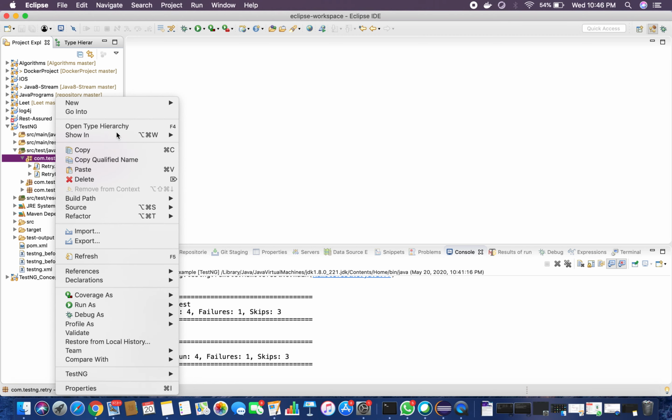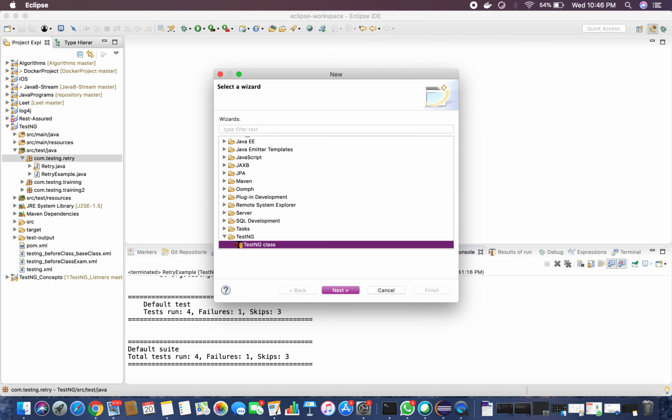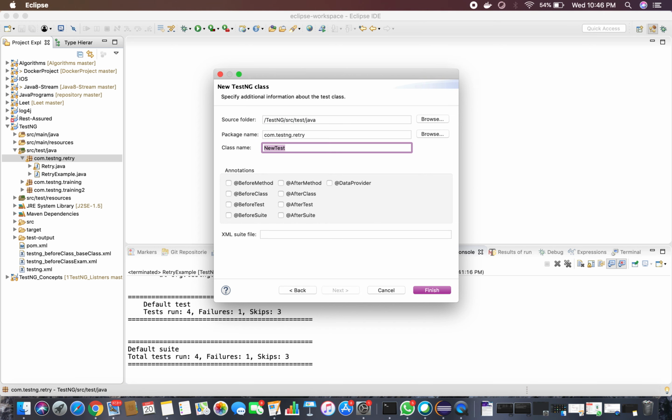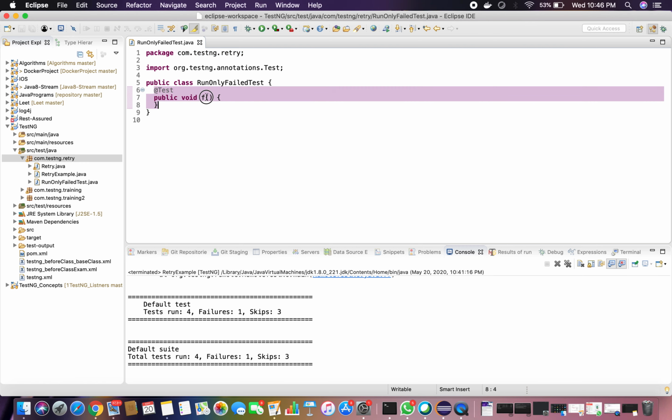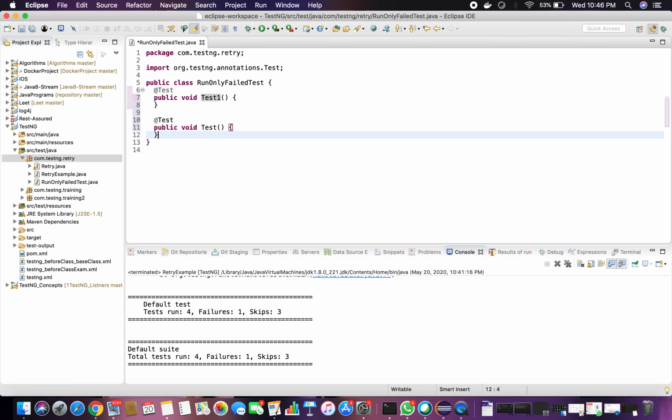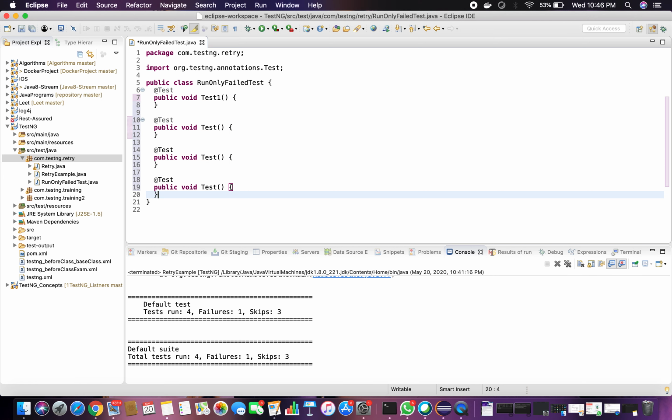Let's create multiple test cases. I'm going to create a class, Run only failed tests. This is my class. Let me create multiple classes here. Sorry, multiple test cases, not multiple classes.